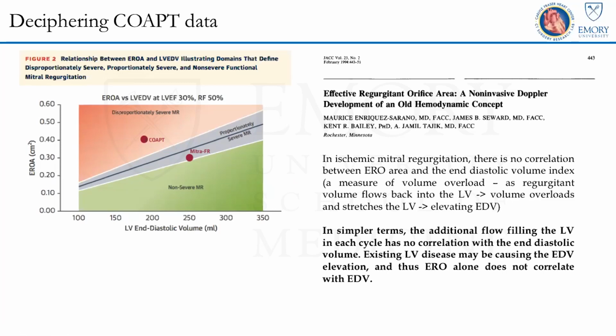publications on PubMed. But when we go back and look at the only data, which was published by Maurice Enriquez-Sarano in the early 1990s, on whether in ischemic MR there is a relationship or correlation between EDV and EROA, we observe that very clearly there isn't any, indicating that the whole concept of proportionate to disproportionate MR lies on assumption, but not based on data, which has previously been shown to not correlate in the manner that is being assumed in